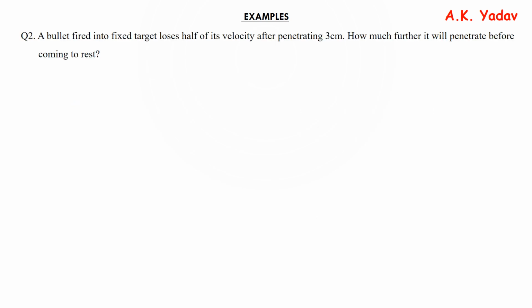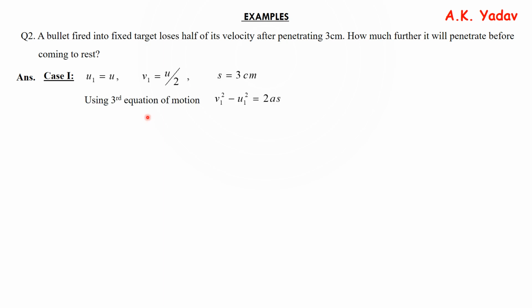Question number 2. A bullet fired into a fixed target loses half of its velocity after penetrating 3 centimeter. How much further will it penetrate before coming to rest? So case 1, let us take the initial velocity as u. The final is u by 2 because it loses half of its initial velocity. The distance is 3. Now using the third equation of motion, that is v1 square minus u1 square is equal to 2as, we put the values and we get a is equal to minus of u square by 8 meter per second